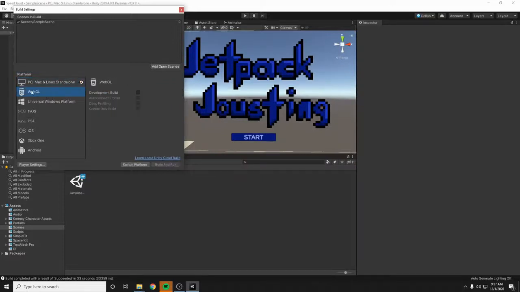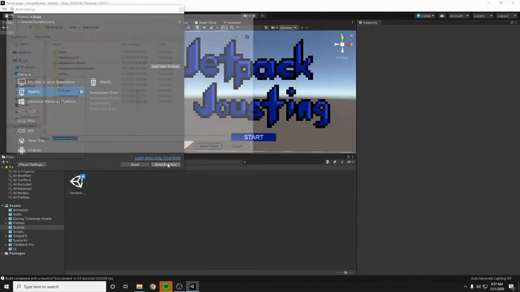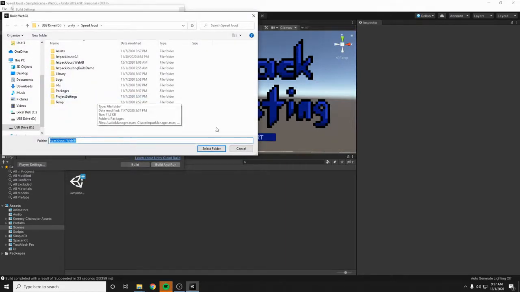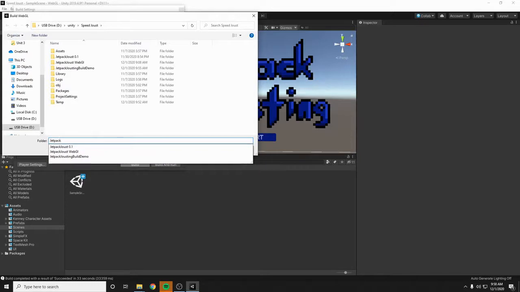The next one here is WebGL. And this is going to make it so your game can be played in a web browser. And since we're making smaller games right now, this is a viable option. So now that I've clicked on this, I'm going to tell it switch platform. This is just going to take a second, and then now I'm going to tell it build and run. Nope, just kidding. Build. Just build it. And then I'm going to call this Jetpack Joust